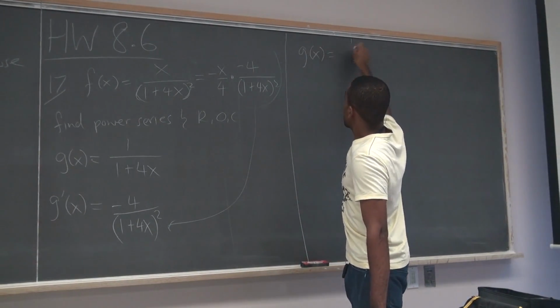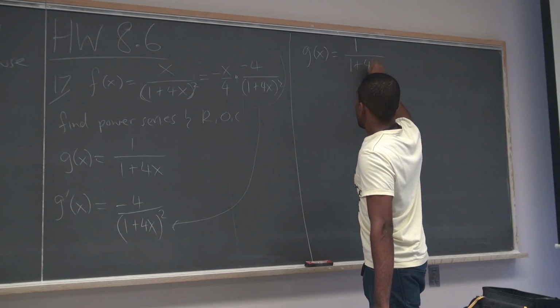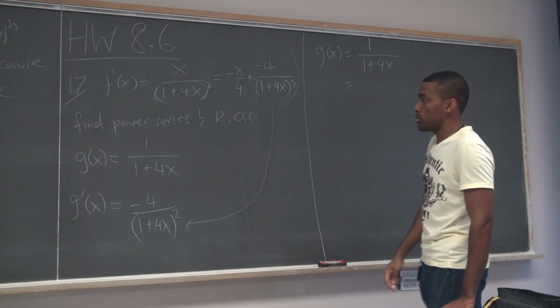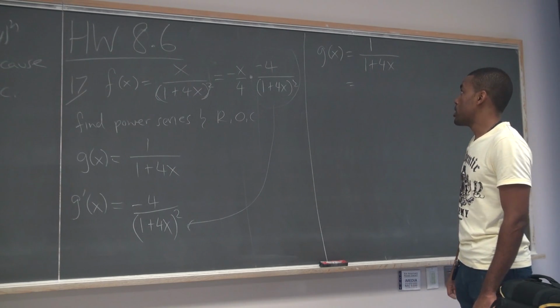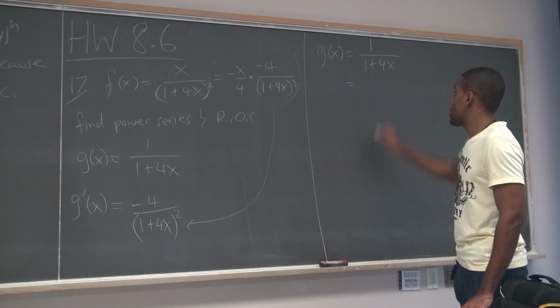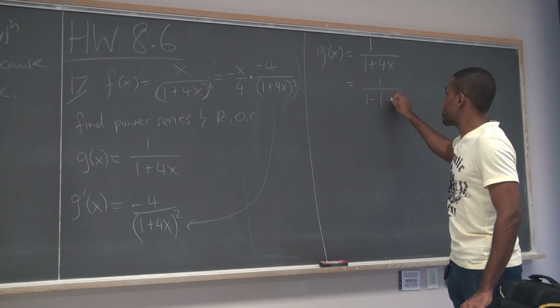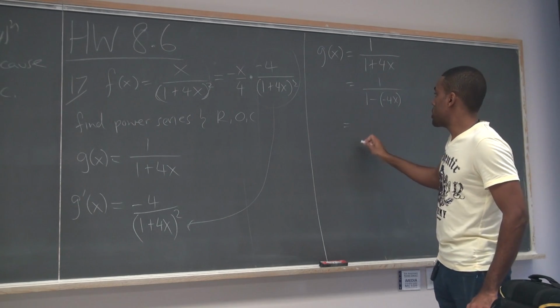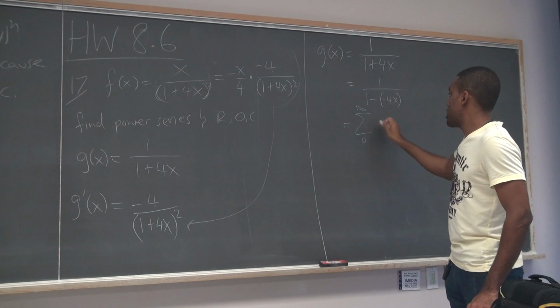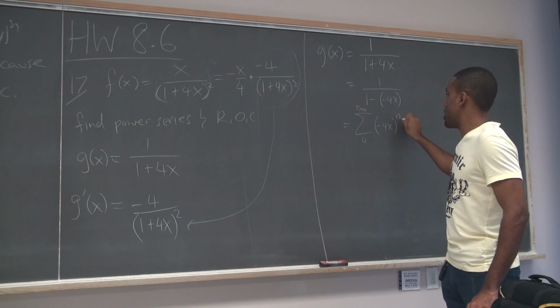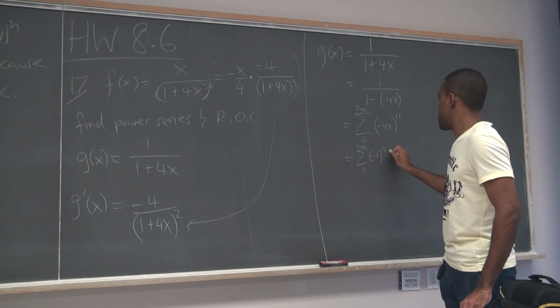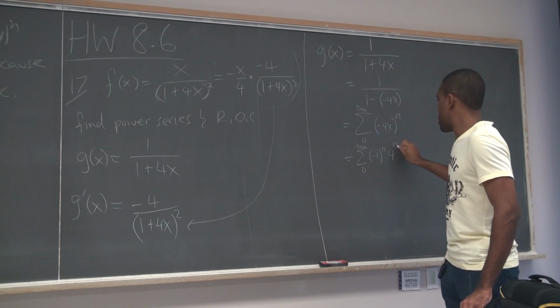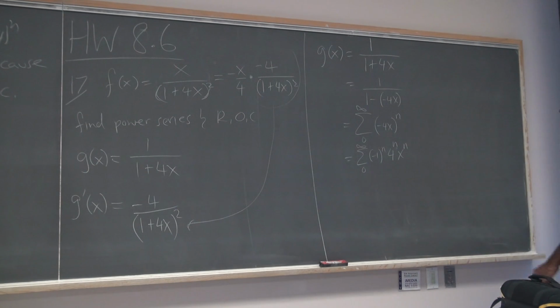So how do I find the power series for this? So far there's only like one power series that we know. So make it look like 1 over 1 minus x. Make it 1 minus a minus 4x, which means you plug this into that series, 0 to infinity. Instead of x, you have minus 4x to the n. So this is the sum from 0 to infinity of minus 1 to the n, 4 to the n, x to the n. All right, that's the power series for this guy,